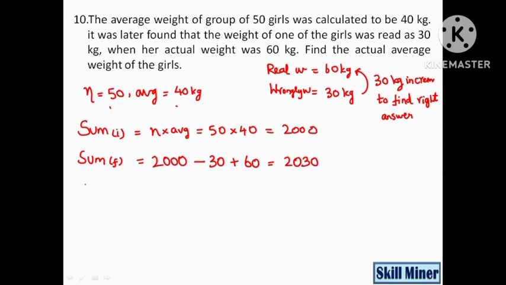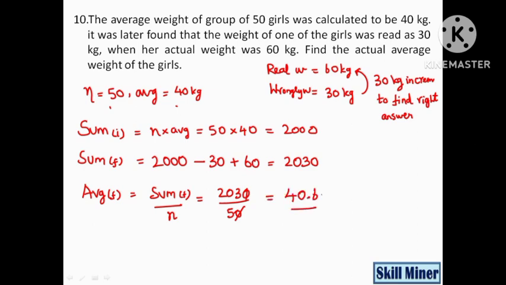Okay, so the new average, final average, will be final sum divided by n. n will be the same, there are 50 girls only, but the new sum is changed to 2030. So our answer will be 40.6. 40.6 is the required average. Okay,